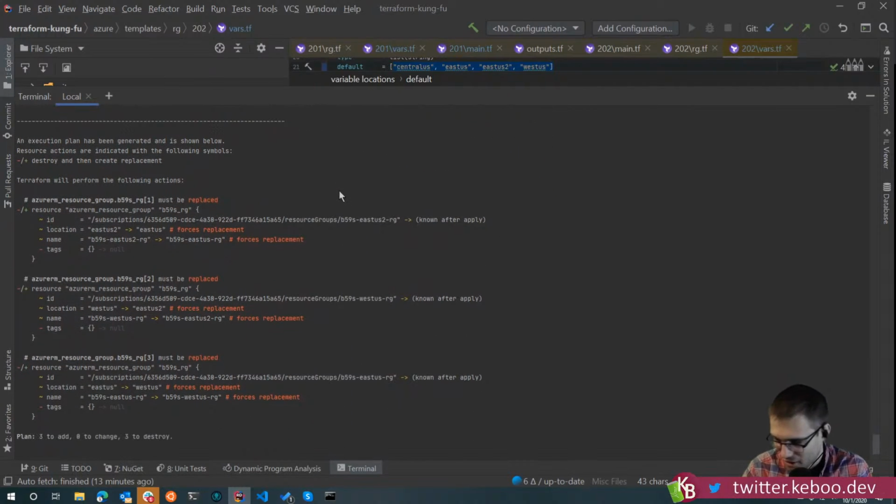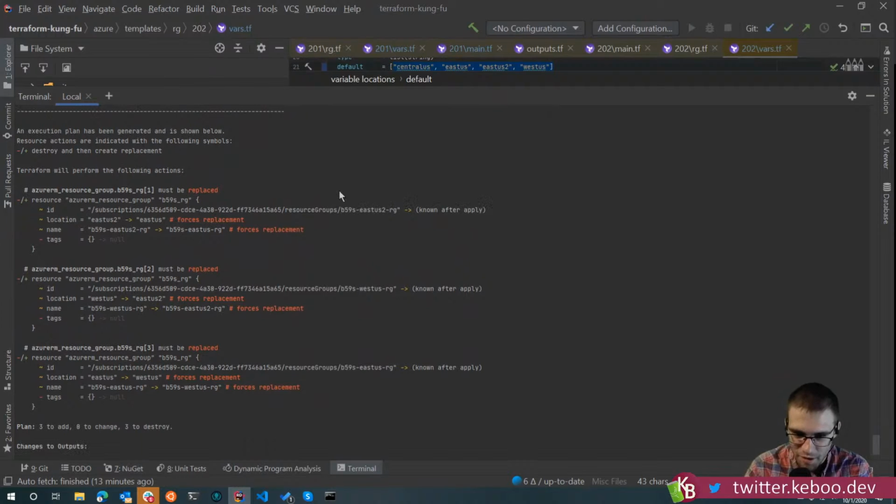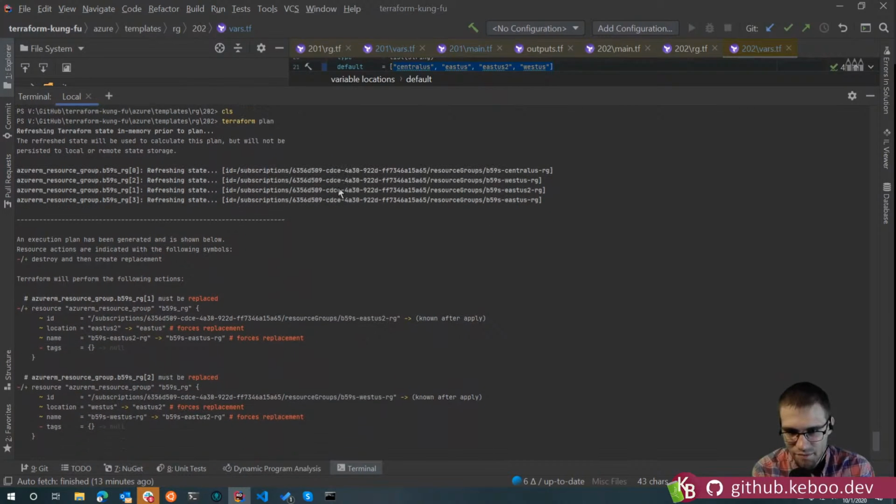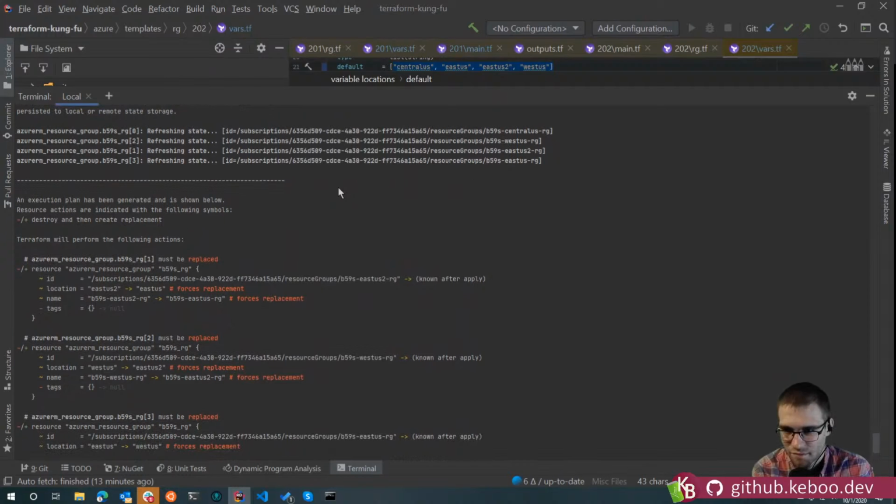Anybody reviewing the plan, that should immediately raise the, hey, I should look closer at this moment. Yeah, scary, right? I love the VT100 here. It's awesome. Well, I guess you can even see them right there in the refreshing of state. So the first change that we see is index 1. Currently in state, you see this says refreshing state. So East US 2 was index 1 before, and now it's going to be changed to East US.